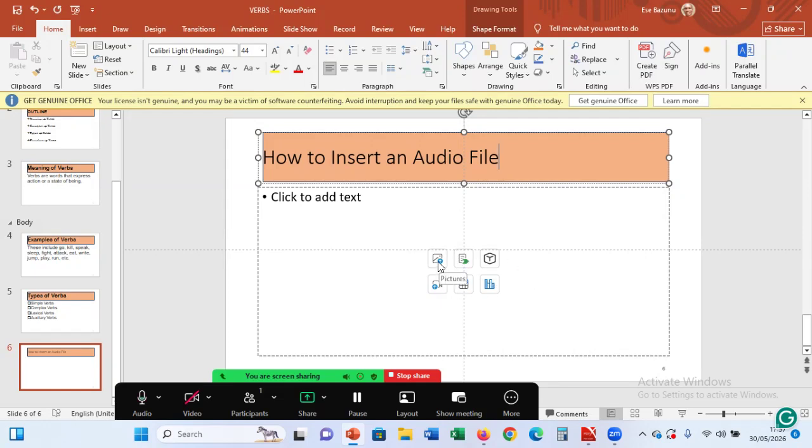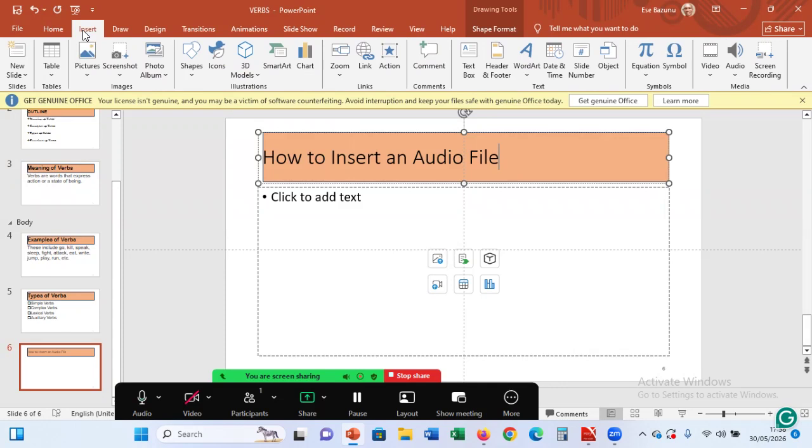This one is pictures, this one is smart arts, the graphic, this is 3D models, this is video as well as audio, this is table, this is chart. So you can right from this icon on this placeholder, click on it, or you can come to your insert tab,